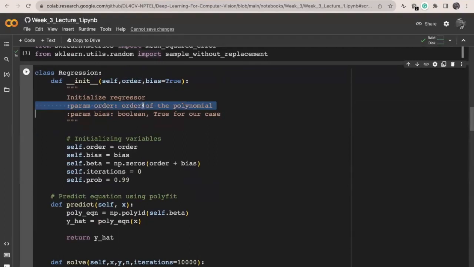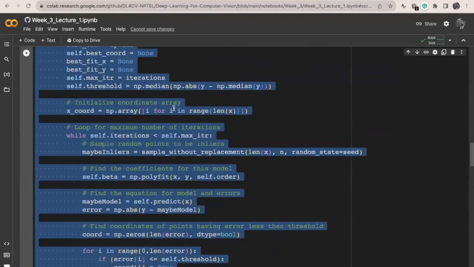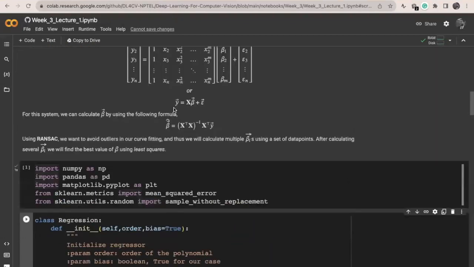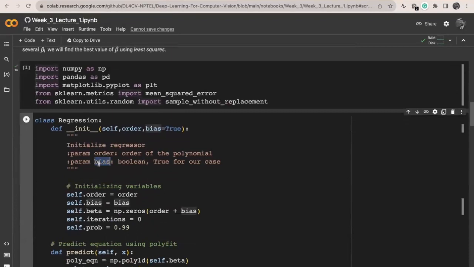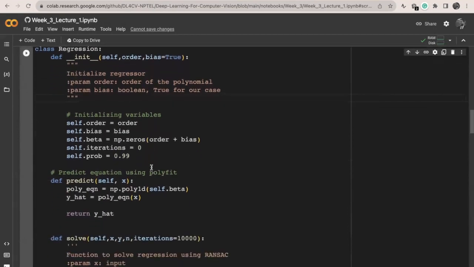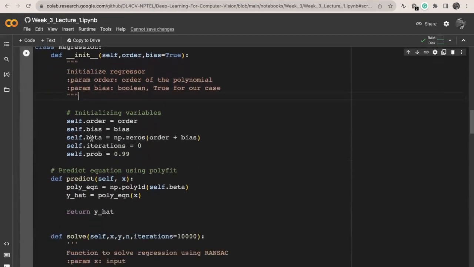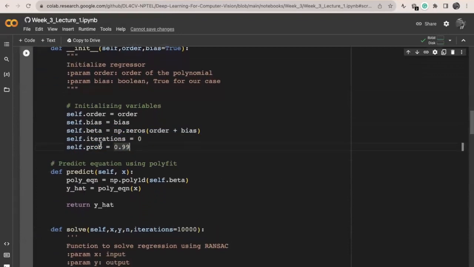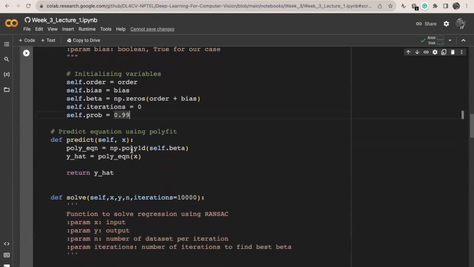So there is the order of the polynomial that we will be solving, and then there is bias, which is the bias term that we have for our regression. We define all these variables first, and then we define all the functions that we'll need for our